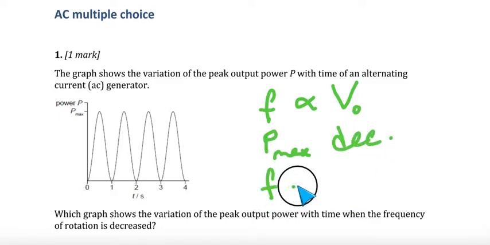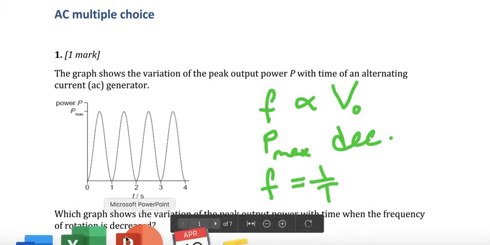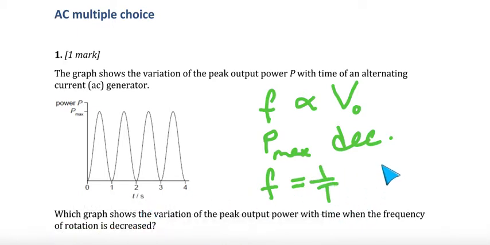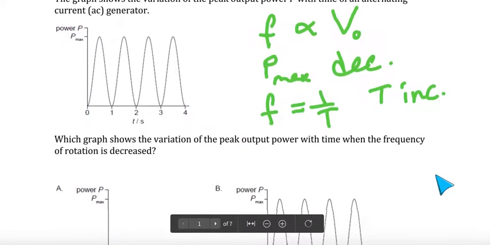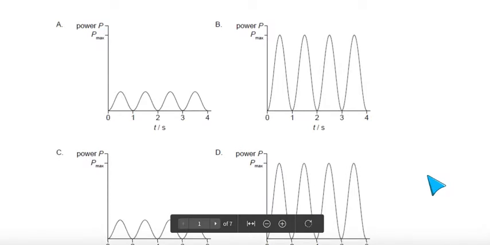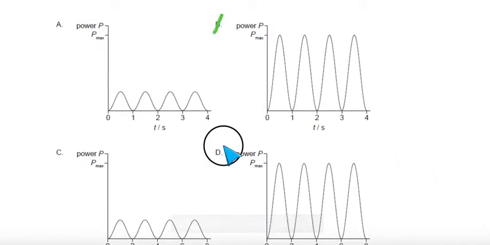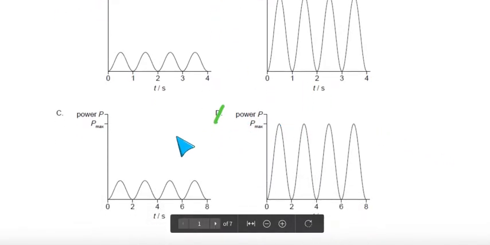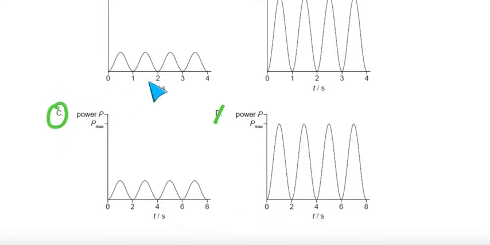Also, frequency is equal to 1 over the time period. So when frequency is decreased, we expect the time period to increase. And when we look at the options, because we expect a decrease, we cancel B and D, and we choose C, because of one time period for the power graph, since this is a sine squared graph, one period is when